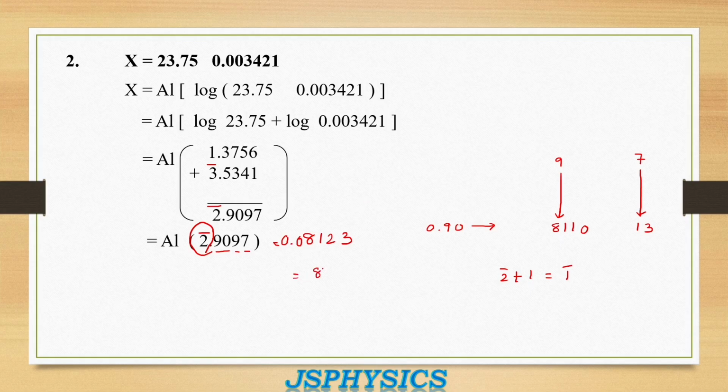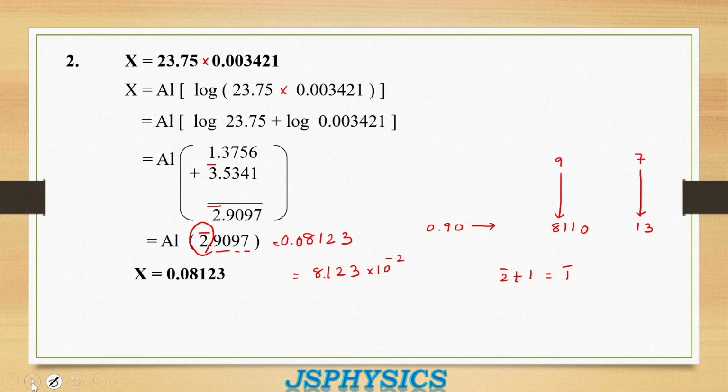Okay, or we can use another method. We can just take the digits as they are, 8123, then place the decimal point always after one digit and take the characteristic as the power of 10. So now the answer will become 8.123 into 10 raised to minus 2. Right? So this is our final answer, 0.08123. So the multiplication of these two numbers is nothing but 0.08123. So this is how the multiplication is replaced by addition in case of logarithms, right?